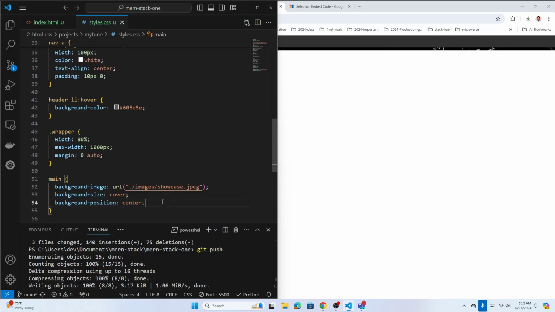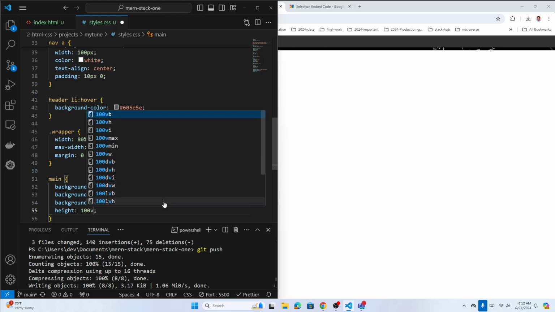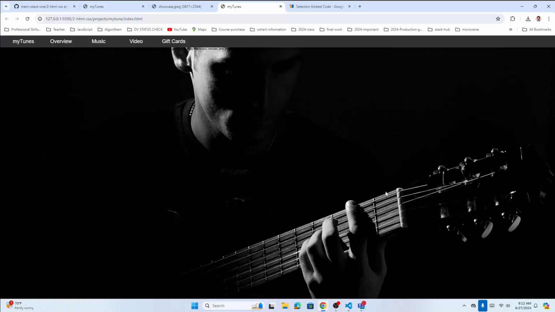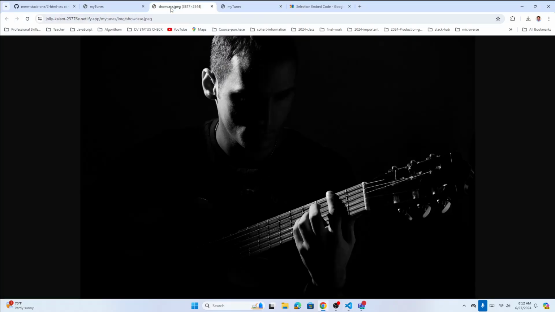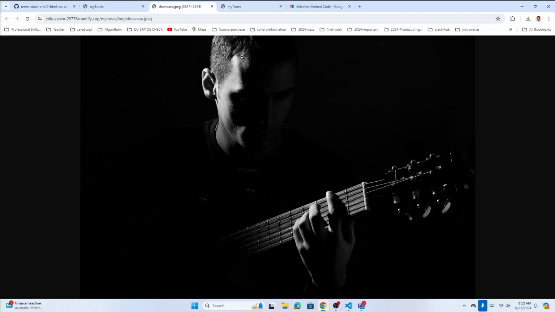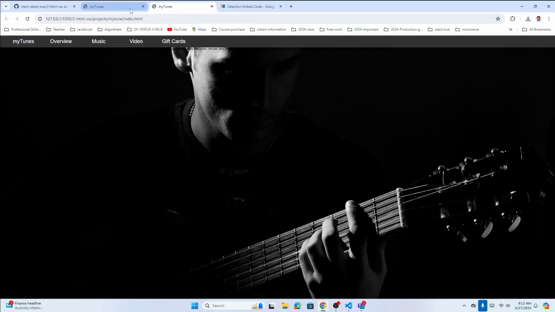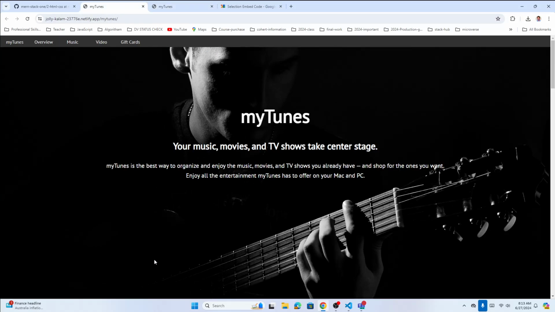Can we check now? See, we don't see that image, right? Just a little bit, because we don't have height. Okay, always make sure you give a height, maybe 100 view height, right? Like that, something like this. So look at the ear and all that is inside, right? So the image does not look like the image in our case. Let me close that. In our case, the image is completely kind of